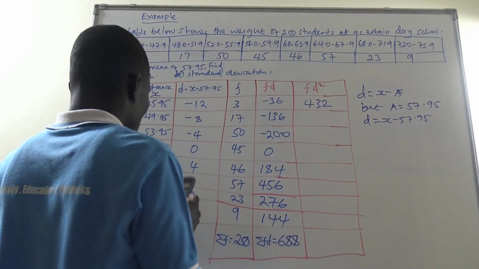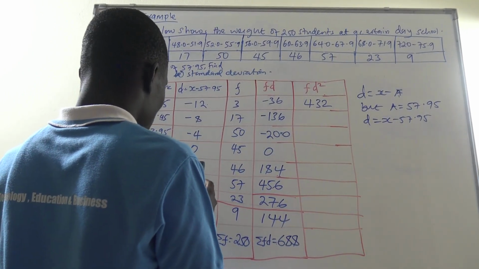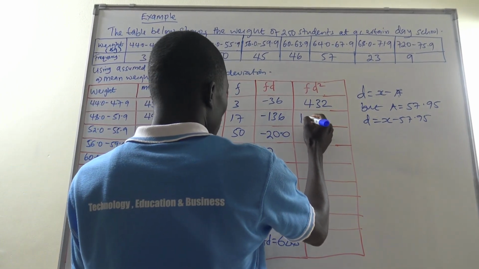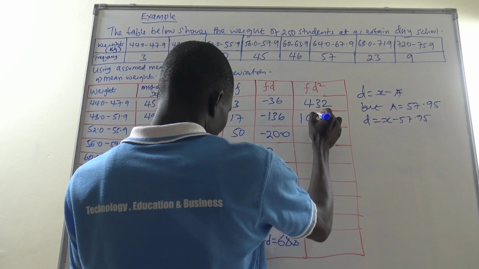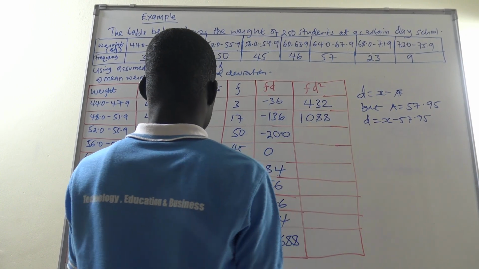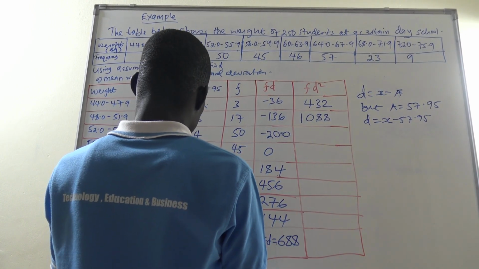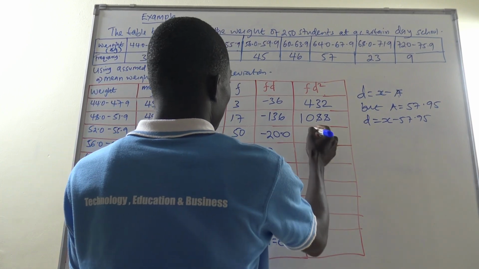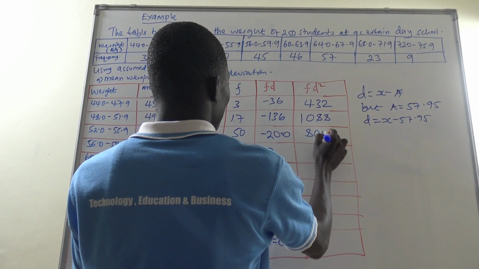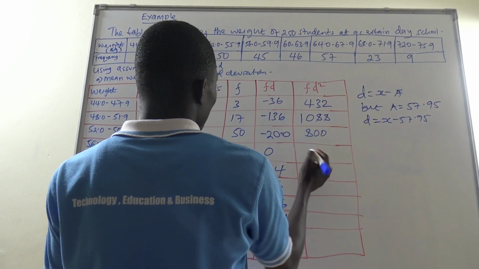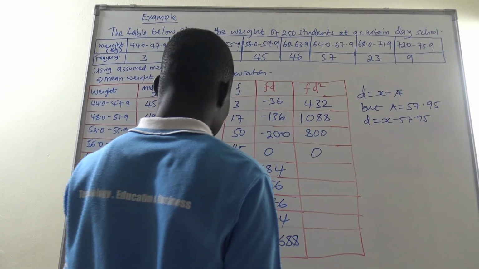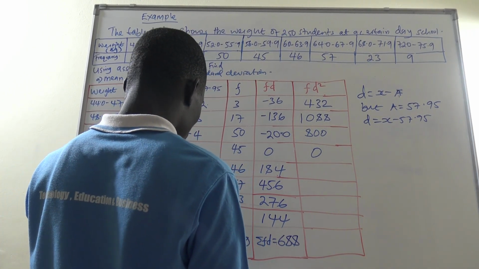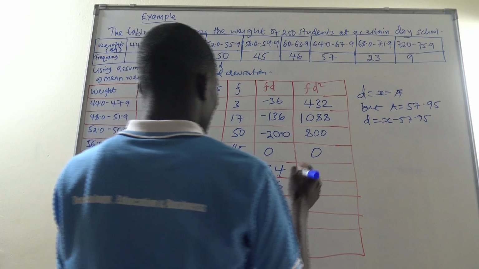Then 8 squared times 17, which is 1088. Then 4 squared times 50, we get 800. Then 0 times this one, we are getting 0. Then 4 squared times 46, we get